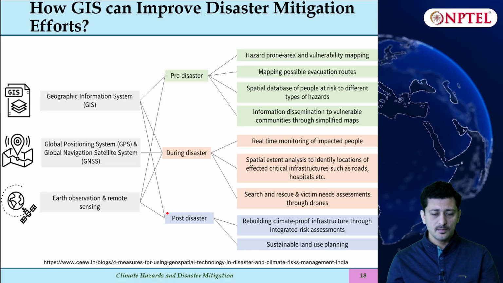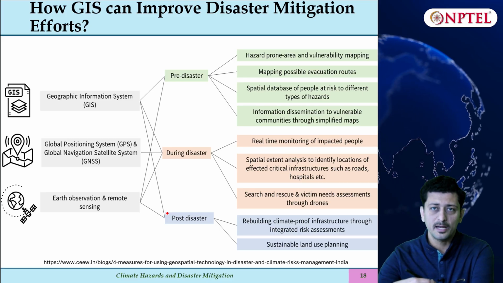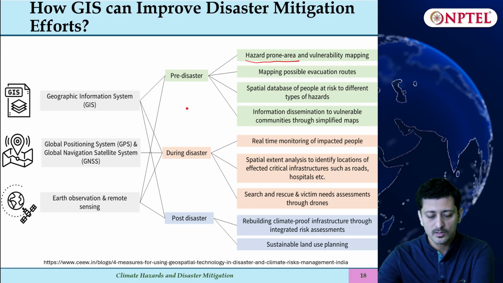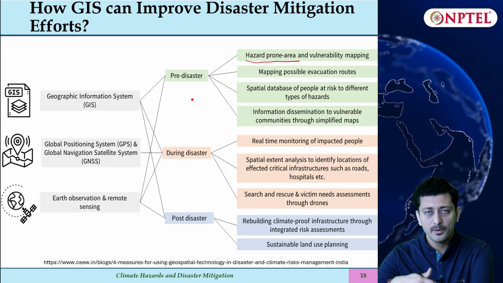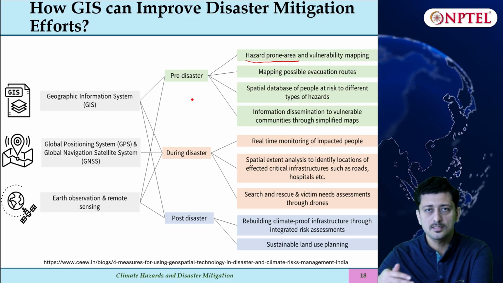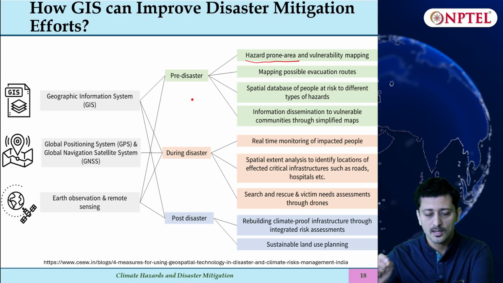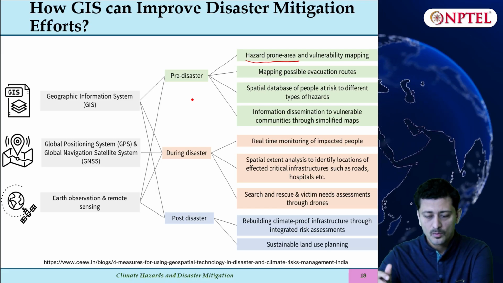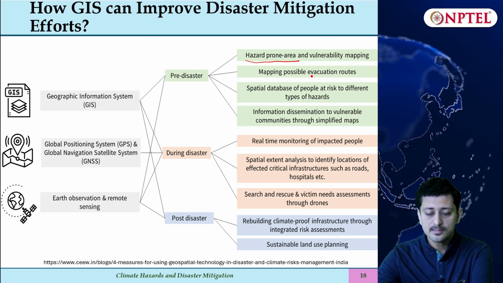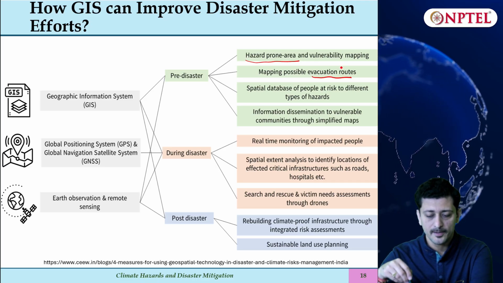So how can GIS improve disaster mitigation? With the help of GIS, for pre-disaster, you can identify the hazard prone areas, so you can clearly say that these areas are more vulnerable depending upon many factors, whether they are low lying, or their proximity to the river or to oceans, or they are located on steep slopes. So based on the hazard which we are quantifying, their vulnerability can be mapped. Once you have mapped the vulnerability, you should also take into consideration that in case I need to evacuate, what are the possible evacuation routes, so that evacuation routes need to be identified.